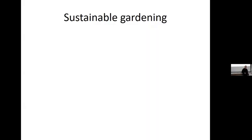Sustainable gardening. It's got something up here. Okay. Anyway,